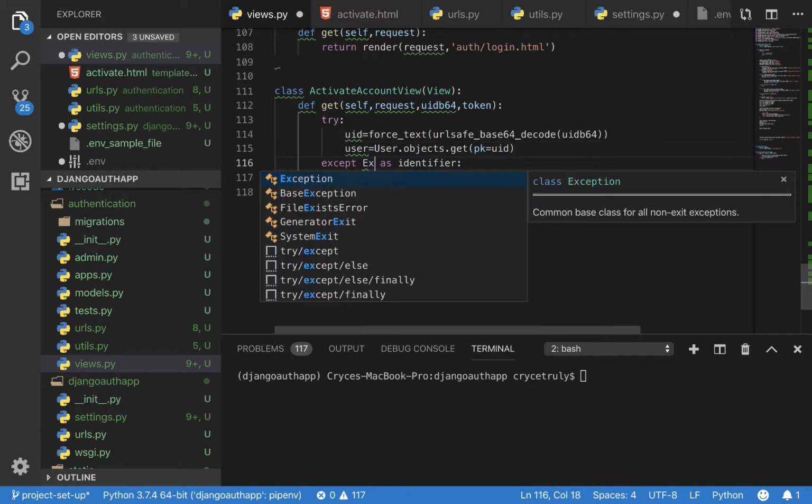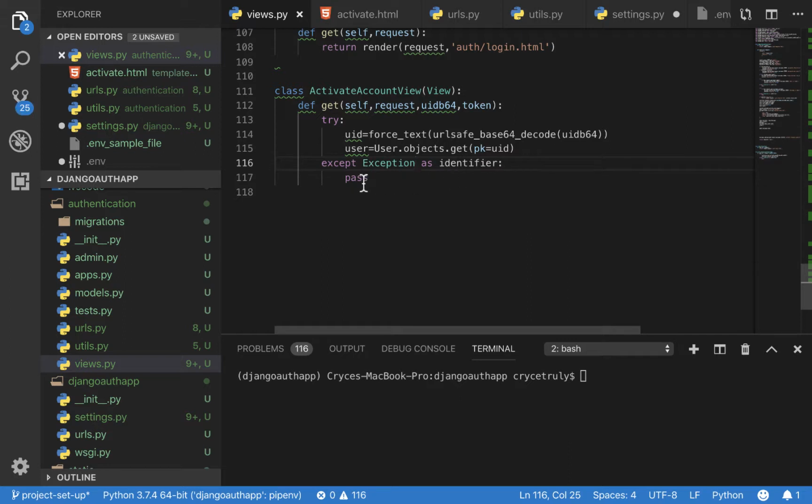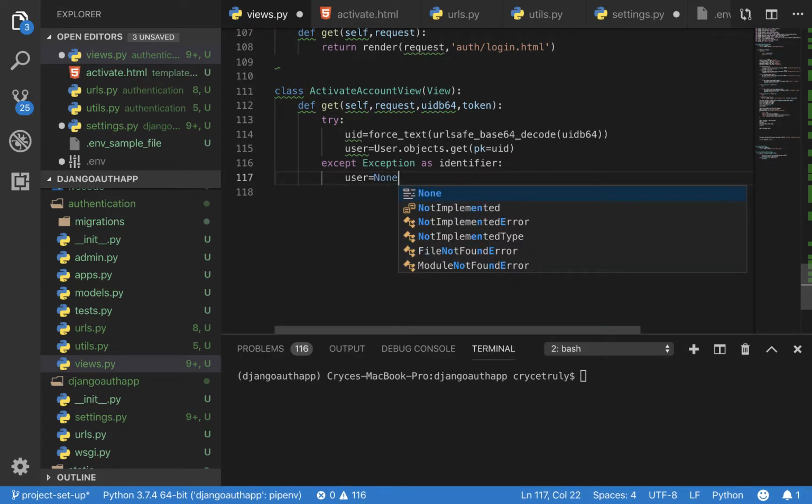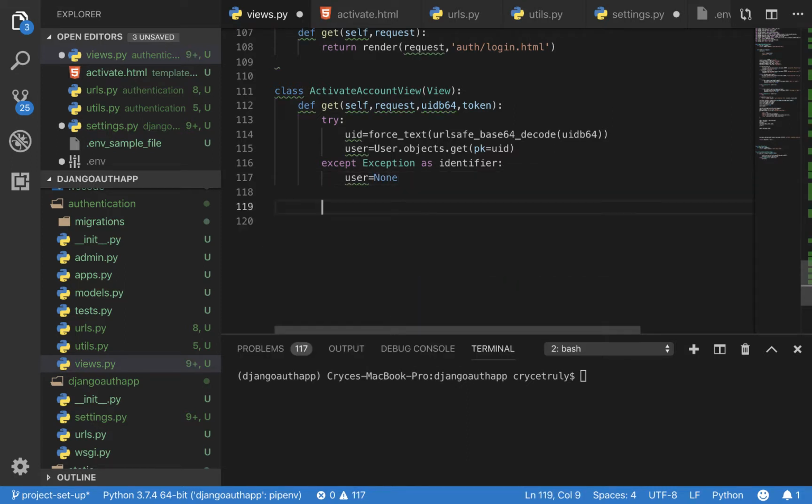So exception. So now in here, it would mean that we were unable to decode it, meaning maybe it was used or the user tampered with it. We can go ahead and change the user object to none if we didn't decode properly. After that, we are going to check if we have the user, because we want to make sure we have the user before we can activate them. So if user is not none,